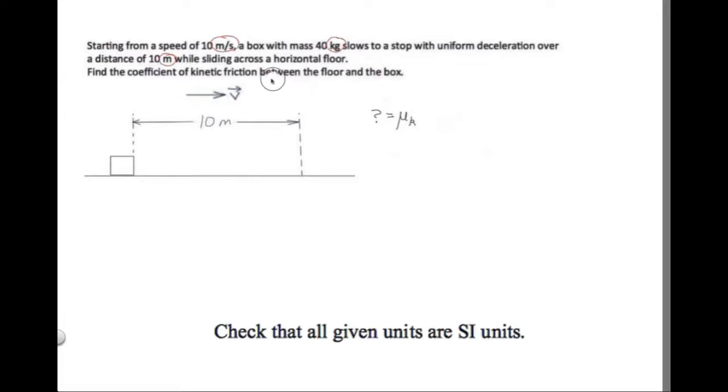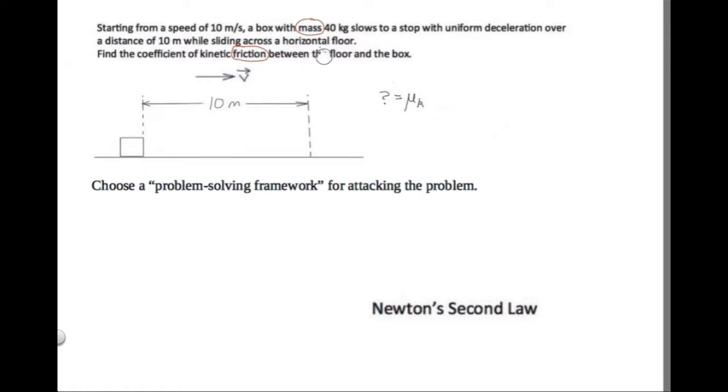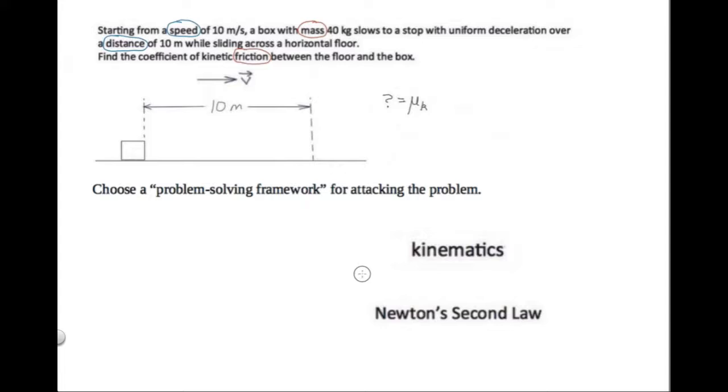The problem uses units of meters per second, kilograms, and meters. All of those are SI units. The problem mentions the concepts of mass and friction, and we've seen that those are concepts which fit into the Newton's second law problem-solving framework. But the problem also mentions the concepts of speed and distance, and speed and distance are concepts that do not fit easily into the Newton's second law equations. Instead, the concepts of speed and distance fit easily into the kinematics equations. So it appears that on this problem we will need to use both the Newton's second law problem-solving framework and